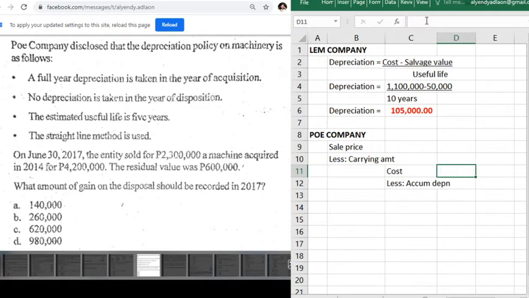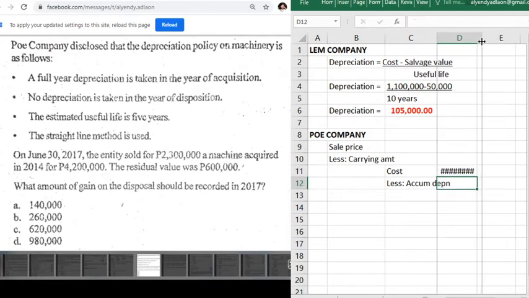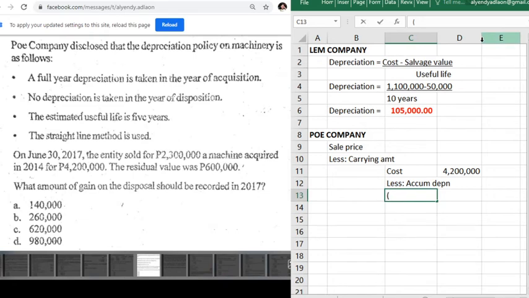Alright? So for the cost, we have 4,200,000. So the entity acquired this one in 2014. Okay? And then how much is our accumulated depreciation? So, since the entity acquired it during 2014, we have 4,200,000 less the residual value of 600,000 and then